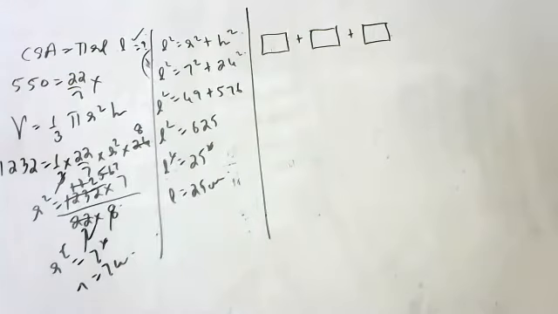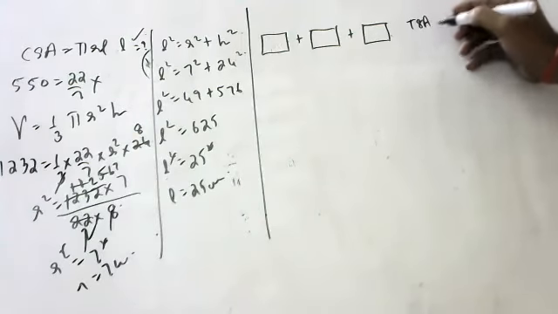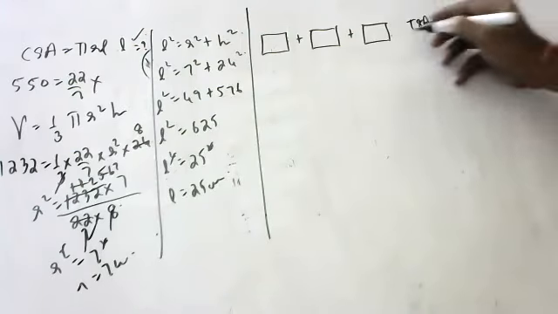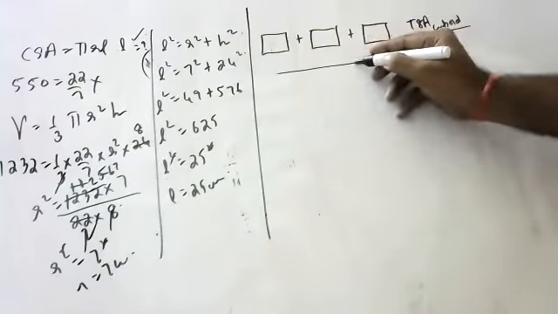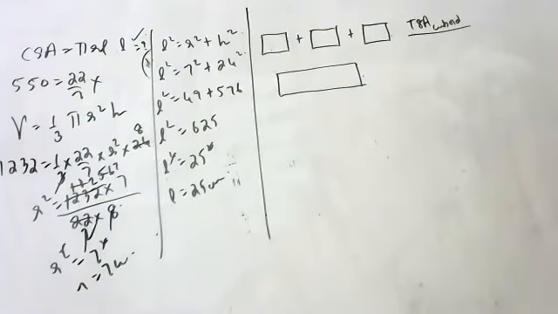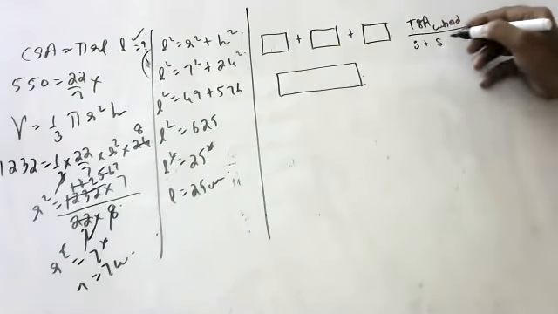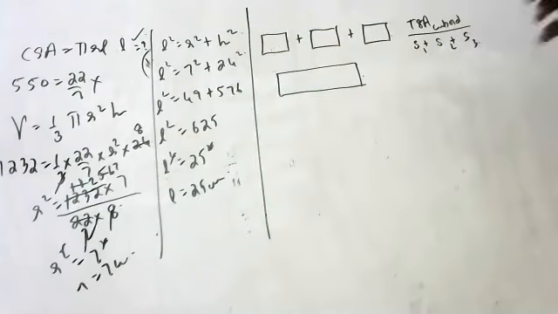Three cubes are placed adjacent to each other. Find the ratio of the TSA of the cuboid to the sum of surface area of 3 cubes. If you join all of them, you'll get a cuboid. What is the ratio of total TSA of the cuboid to the sum of the surface area of 3 cubes?